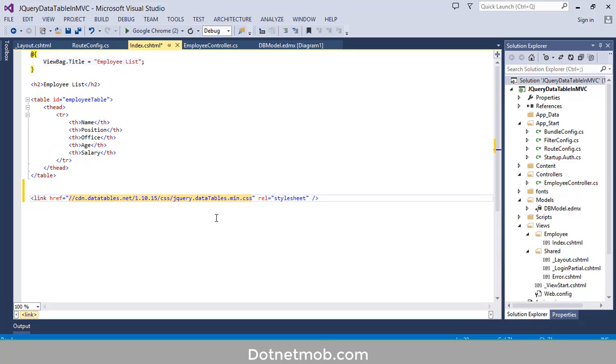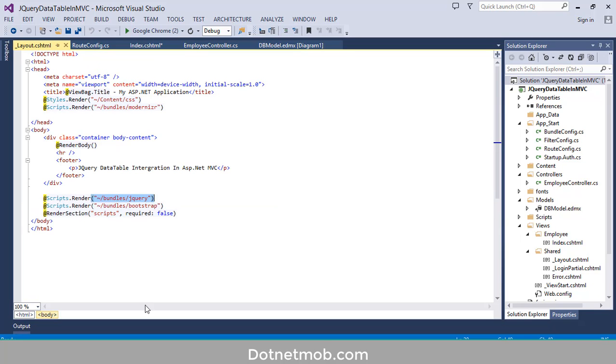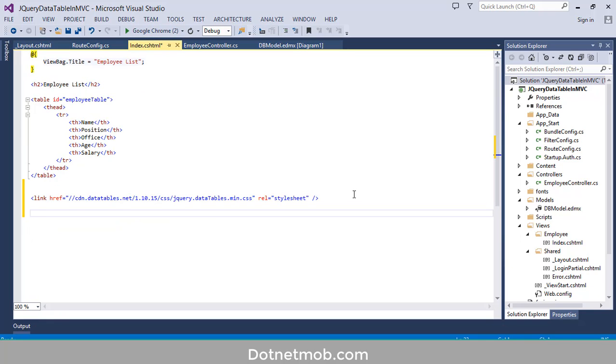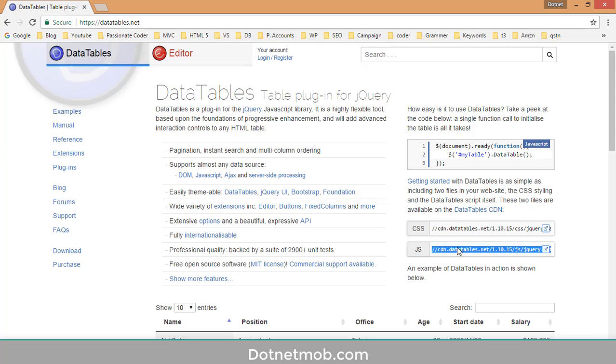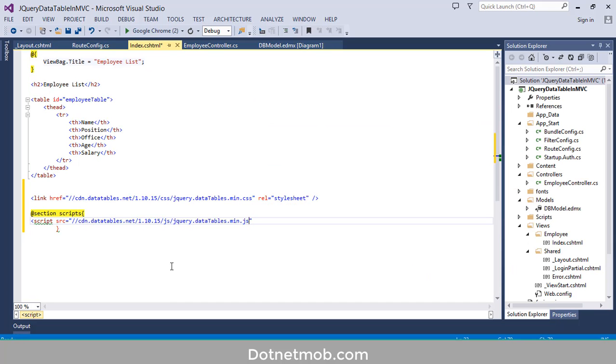In order to write JavaScript codes, I will use this section scripts. So we can start like this, @section scripts. First of all, we have to import the second script file, script src is equal to, let me copy this CDN path from here and pasting here. Inside the script tag, we can write our custom script codes,